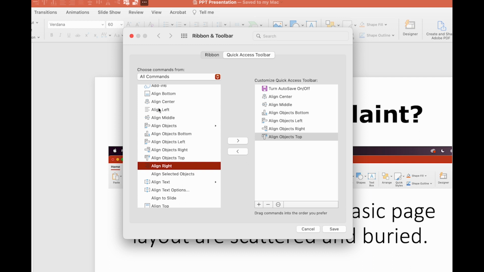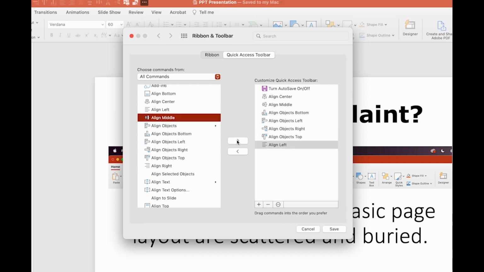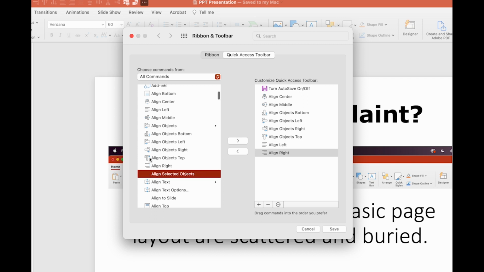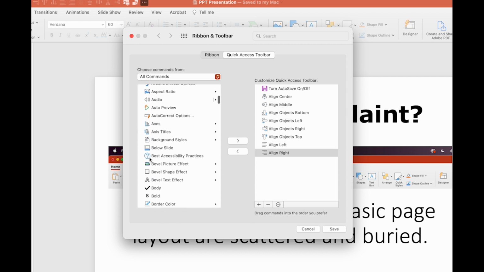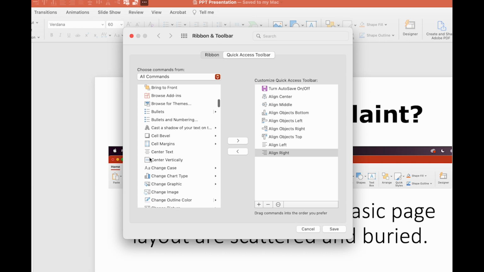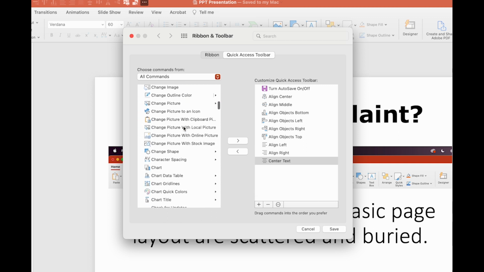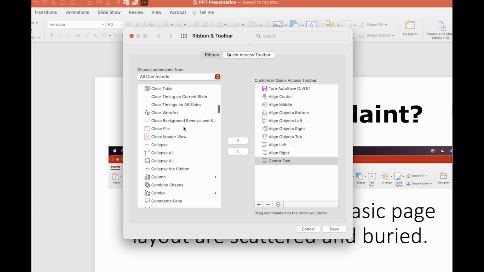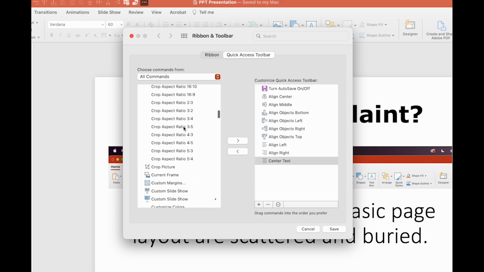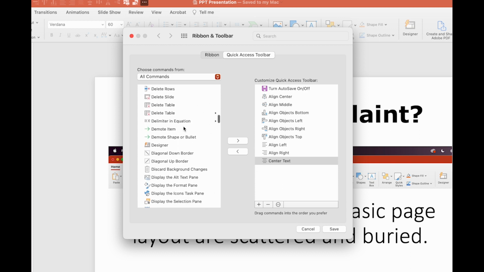So we're going to hit this one now, align left, align right, and in typical PowerPoint fashion, our last alignment option is way down here, center text. So now we have our object alignment tools and our text alignment tools. So now we're going to scroll down just a little bit further. Some other tools I like to have available for a layout is